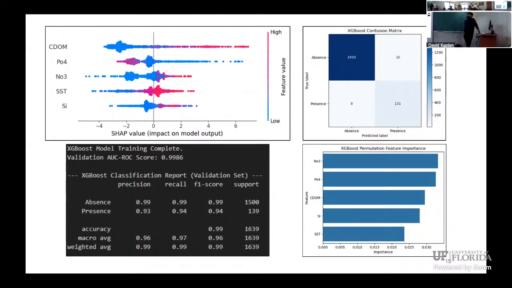And looking at the confusion matrix, it also shows the same story, that the model performed pretty well. We're looking at true absence and true presence values that are pretty high. So the model has a good predictive value. It can easily differentiate between the classes of Vibrio presence and Vibrio absence. Sorry, if you look at the black figure, it shows the validation AUC score,